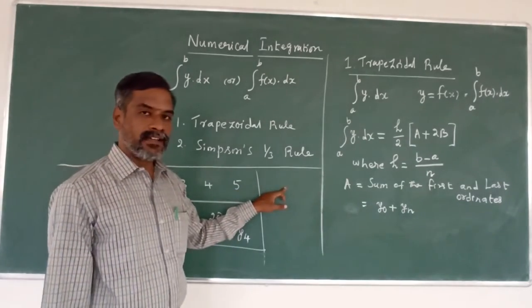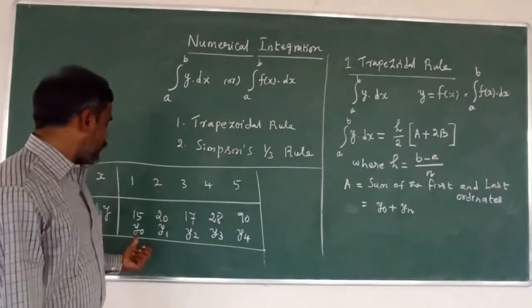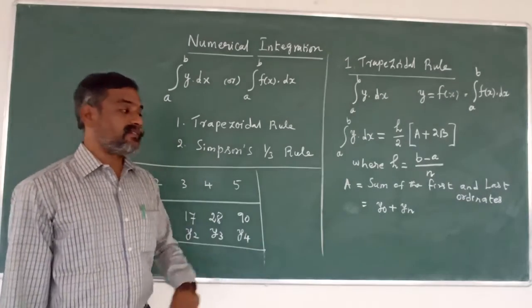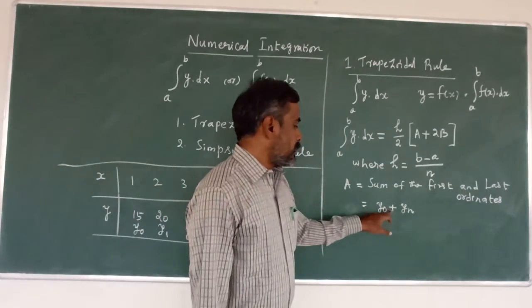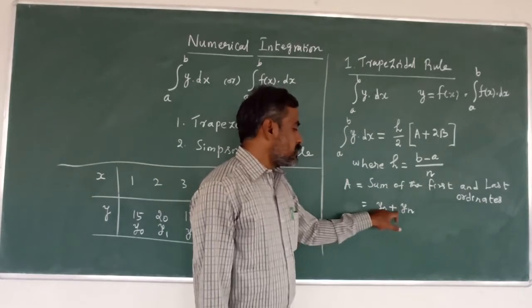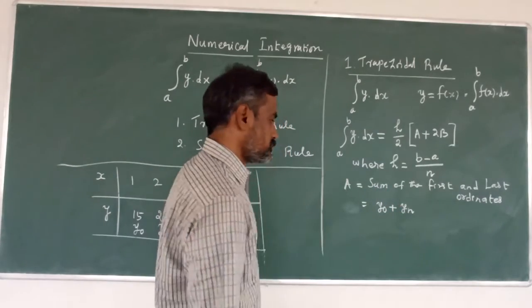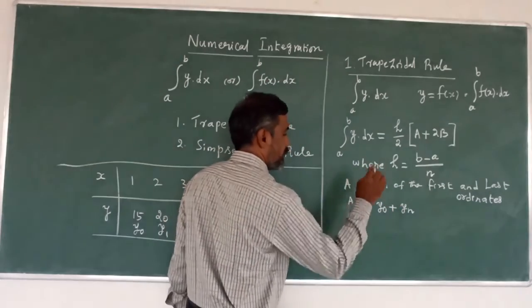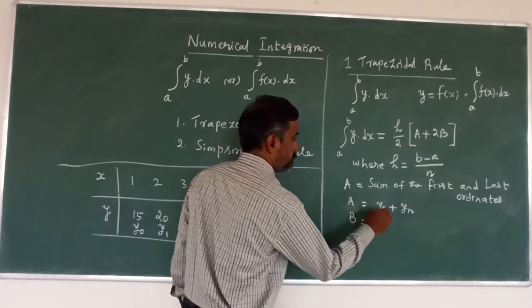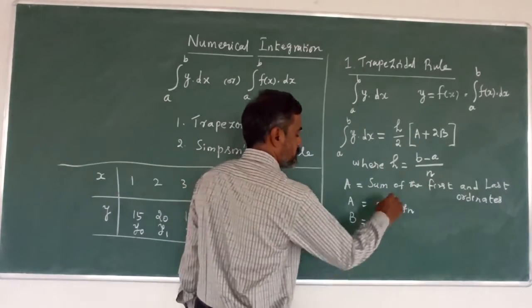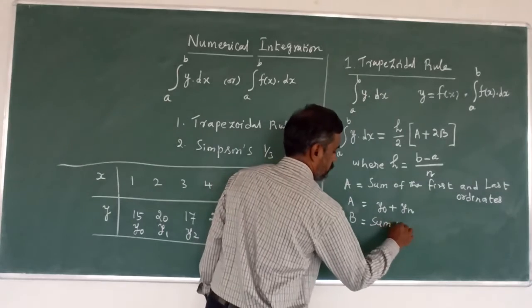Suppose it is 10, we add y0 plus y9. That is why it represents y0 to yn. Okay, this is for A. And B equals the sum of the